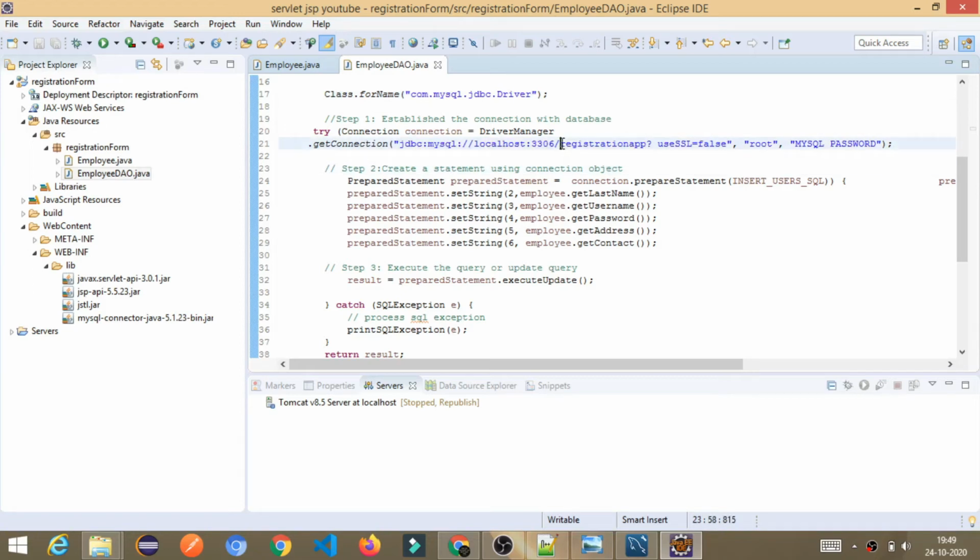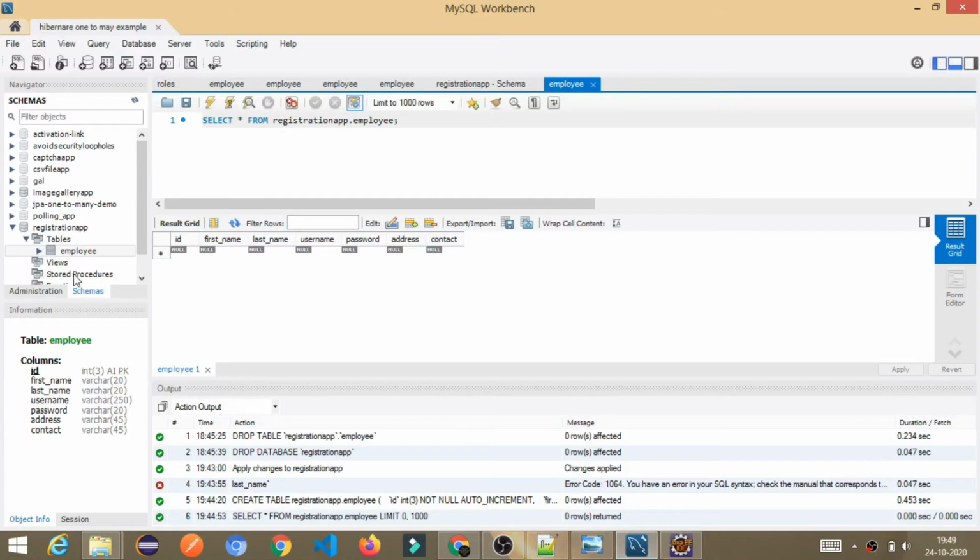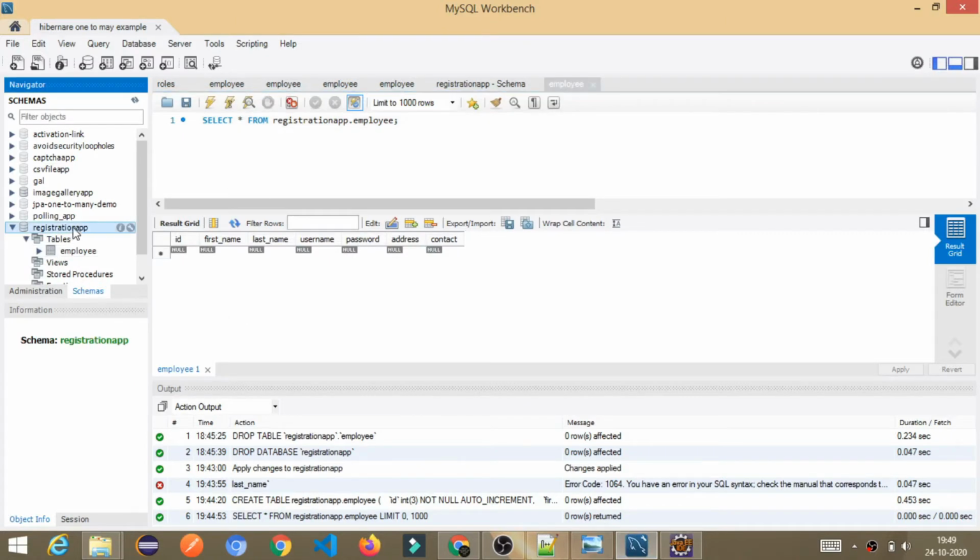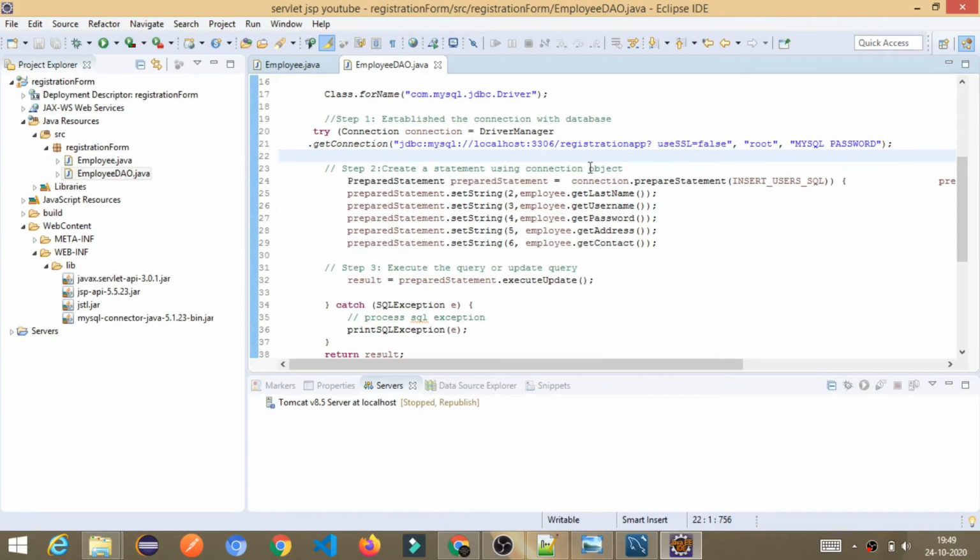Make sure the schema name or database name is correct. I already created the registration app schema, see here the name. Then specify the username and the MySQL password, whatever password you gave at the time of downloading or installing MySQL.